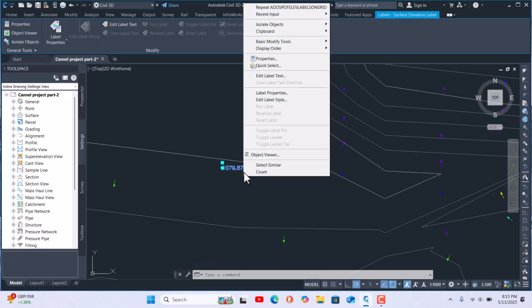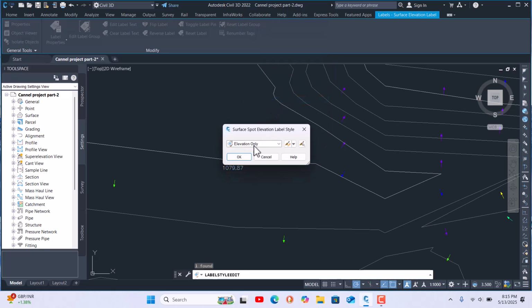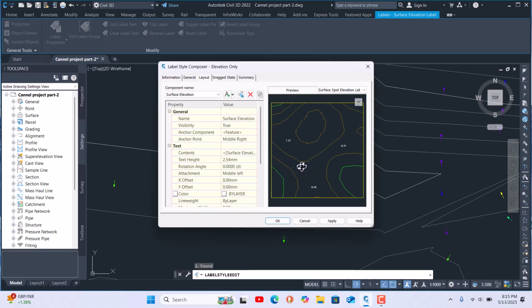Click any one label, then come here and edit the label style. This is our label style, elevation only. Click the down arrow. If you want your own style, you can create a new one, but I'm using edit current selection here. Then come here, and you see our text height is 2.4. I'm now entering 10 for the text height.